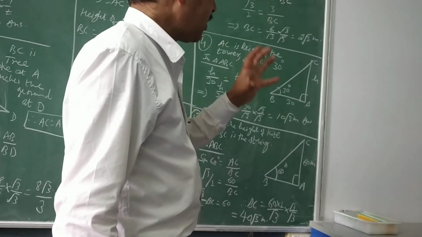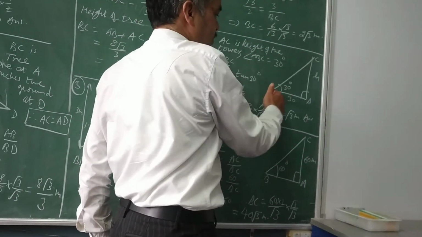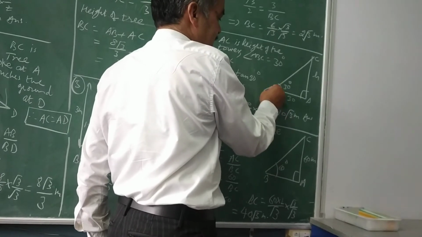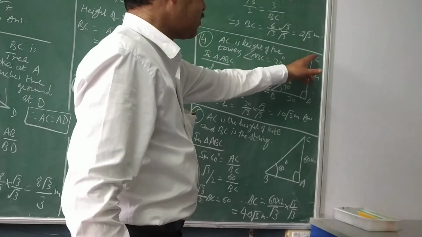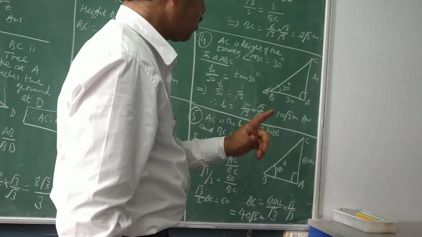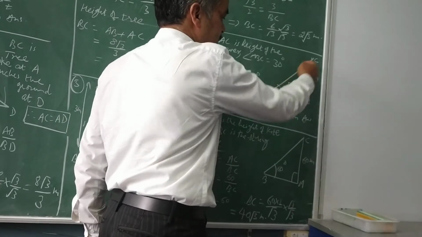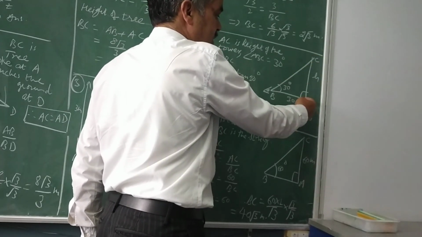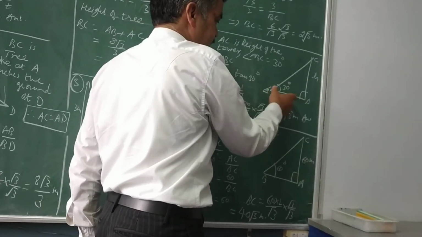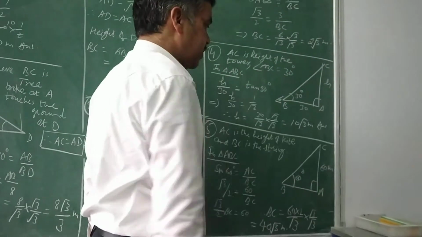So when you are talking about angle of elevation, this is the top, from bottom to top. So the observer is here somewhere. From here if you are observing the top, that is the angle of elevation. That also I have explained to you. That is given equal to 30 degree. So now again we are back to the right triangle, in which I need to calculate the height, and the distance between the foot of the tower and the observer is 30 meters.